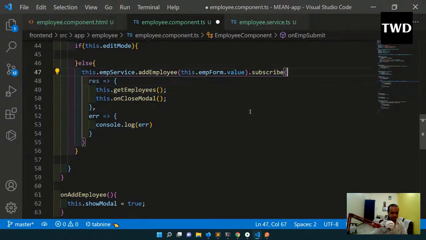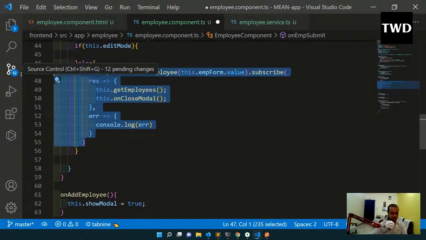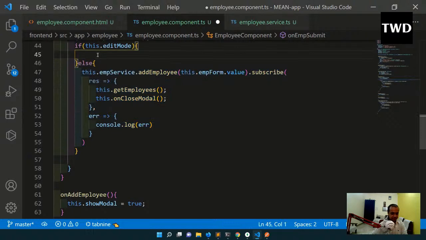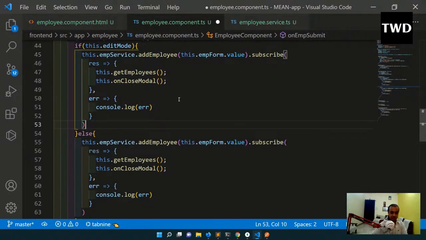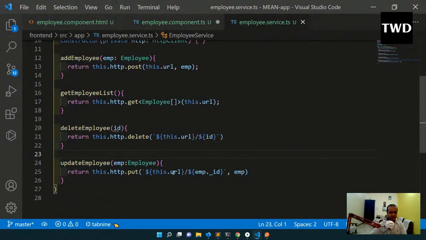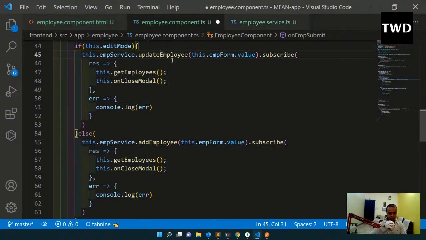What will happen, if the edit mode is there, then it is not add employee, it is update employee. And yeah, we are passing the employee, anyways we are getting the ID from here. So update employee is like this, subscribe and get employee and close model and all those things. Okay,